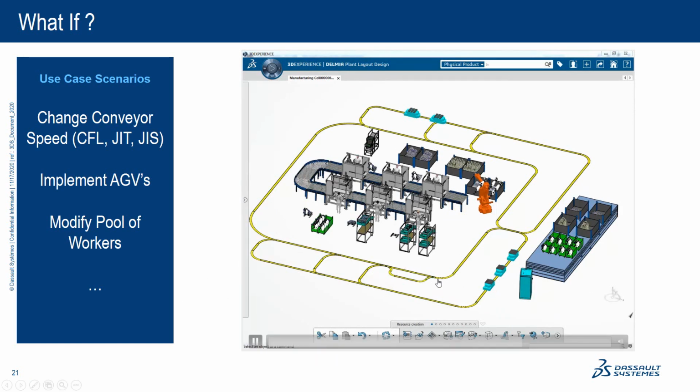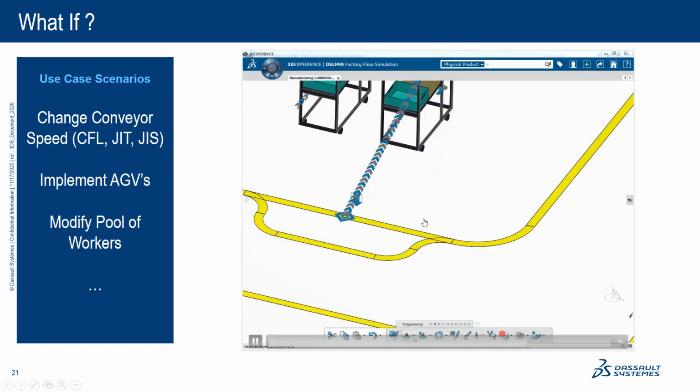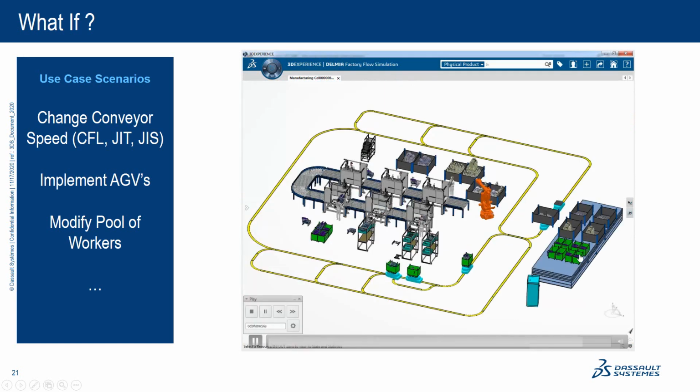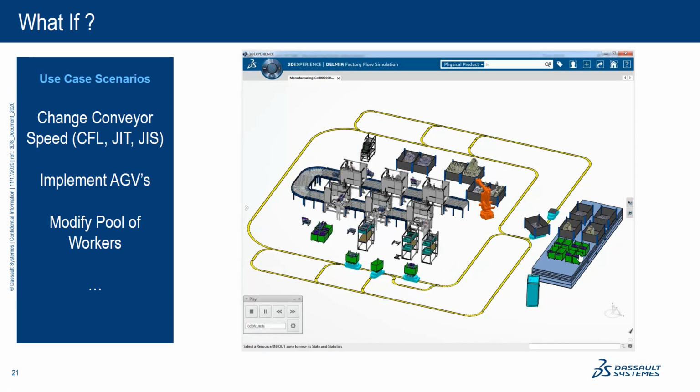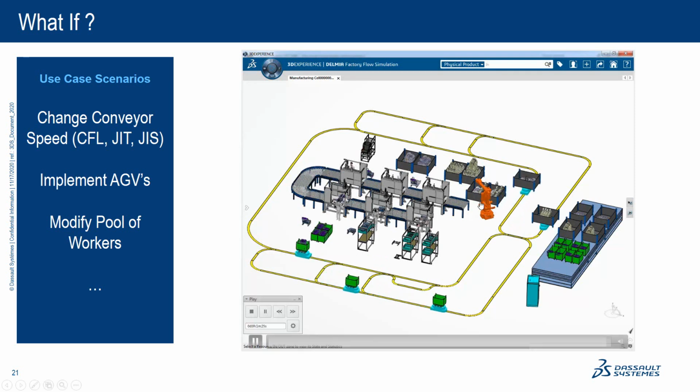You can make sure your via points work, so if an HGV is here, the following one will avoid it by taking this branch. You can perform those kinds of simulation very early, before you have any HGV implementation done, and make sure that whatever is going to be implemented on the shop floor is going to happen right the first time.